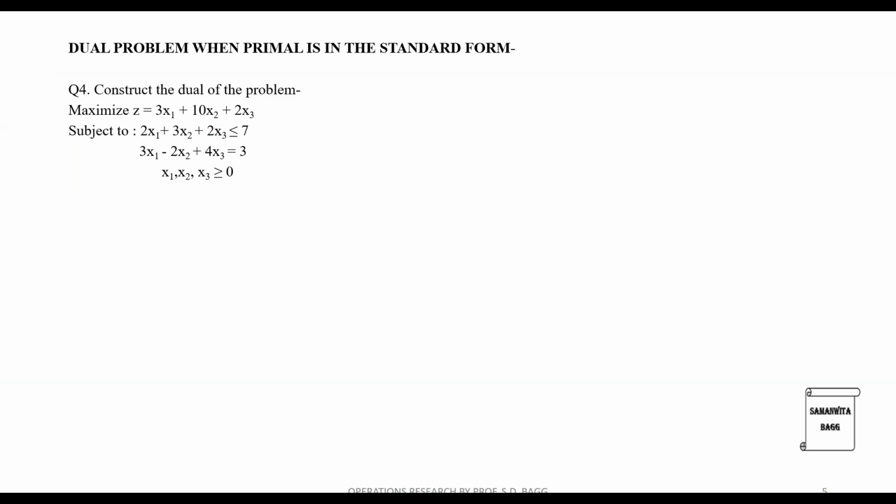Construct the dual of the problem. Maximize z = 3x1 + 10x2 + 2x3, subject to the two constraints that are given. What is important over here is the second constraint. You can see that there is an equal to sign. So the first thing that you need to do is convert the second constraint into a less than or equal to type. For that,